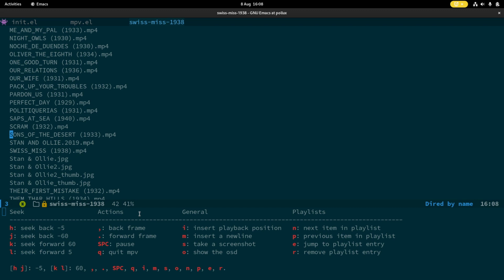You know, pause it, quit it, go to the next item in the playlist, remove an item, jump to a playlist entry, that sort of thing. So it's much more streamlined. We don't have that issue of having to switch back between mpv and Emacs constantly either. Once we've got the first video playing, we can append loads of videos to it and just carry on cracking on